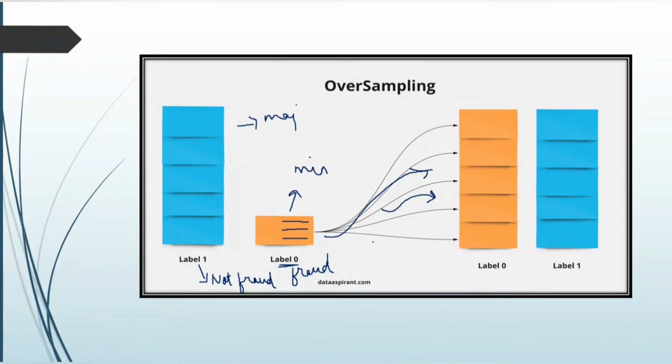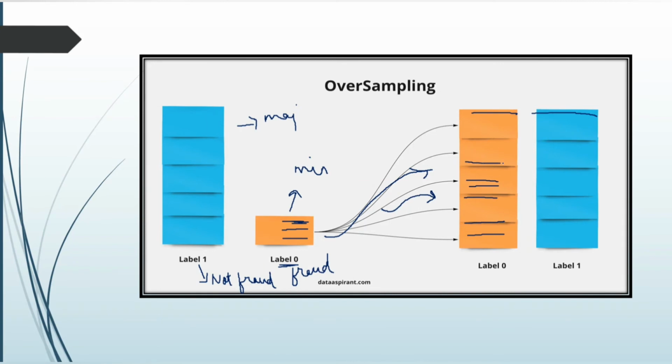We repeat this process multiple times till the number of observations of both class labels is equal. For example, we pick this observation, then we generate the duplicate data for this observation, then we randomly pick another observation and generate duplicate data for that observation.